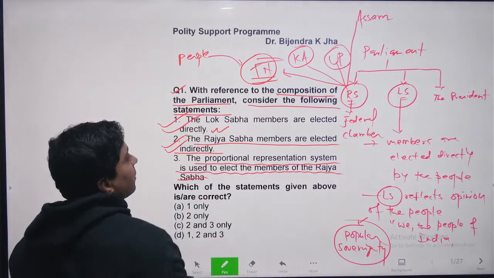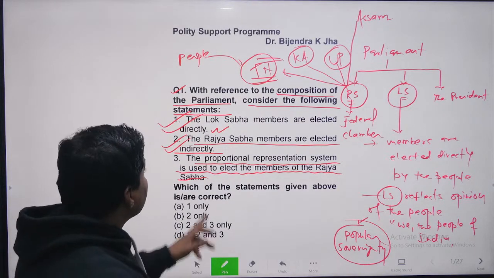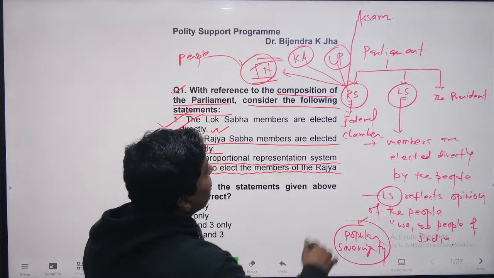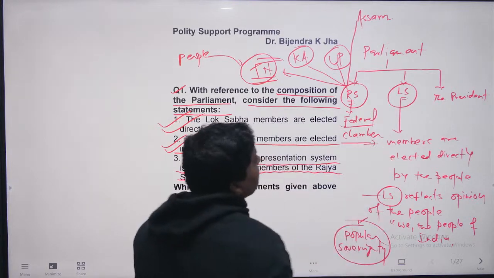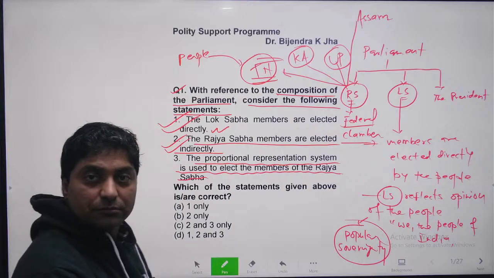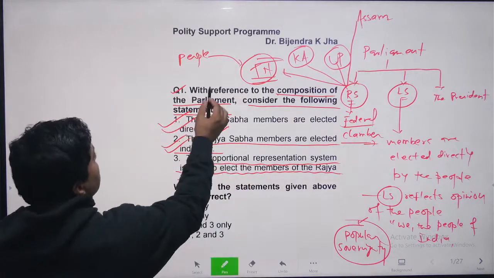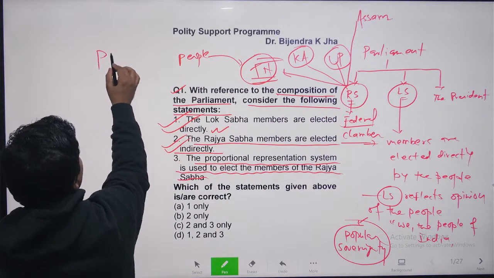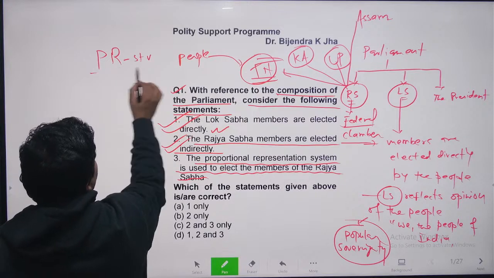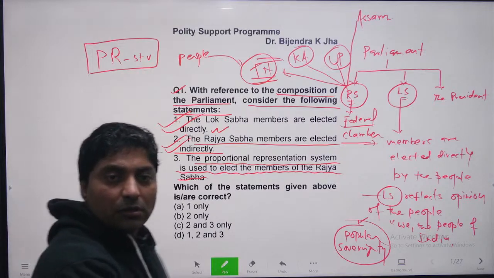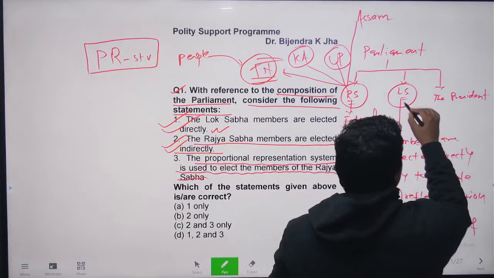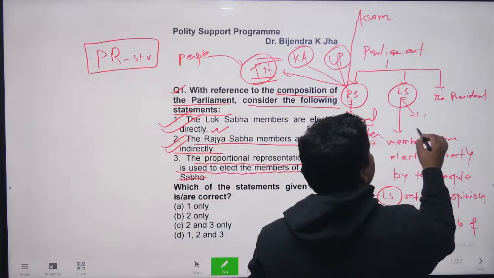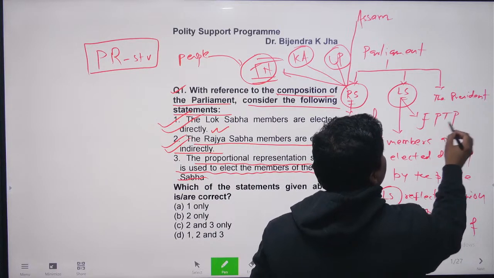Lok Sabha members are elected directly, this is also correct. Now the proportional representation system is used to elect the members of the Rajya Sabha. Now if you see the members of the federal chamber, which electoral law is applicable here? The law which is applicable for the election of the members of the Rajya Sabha is called proportional representation by means of single transferable vote. On the other hand, if you see the Lok Sabha, their members are elected on the principle of FPTP, first past the post system,